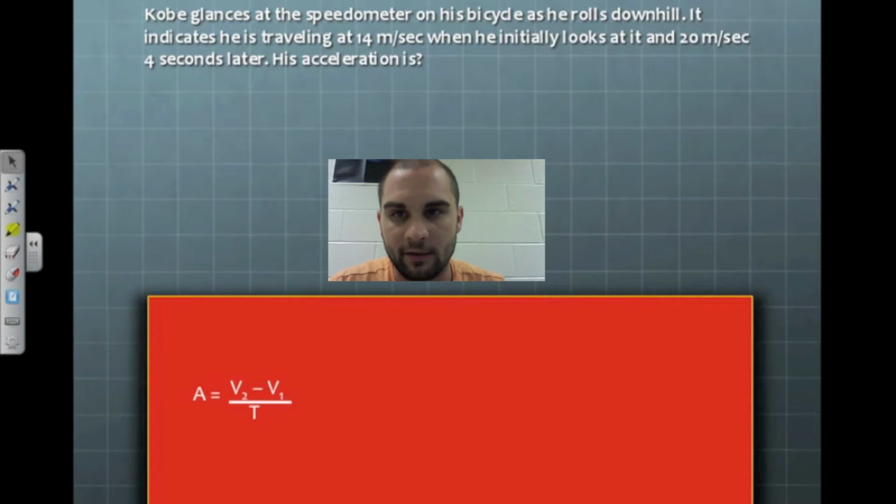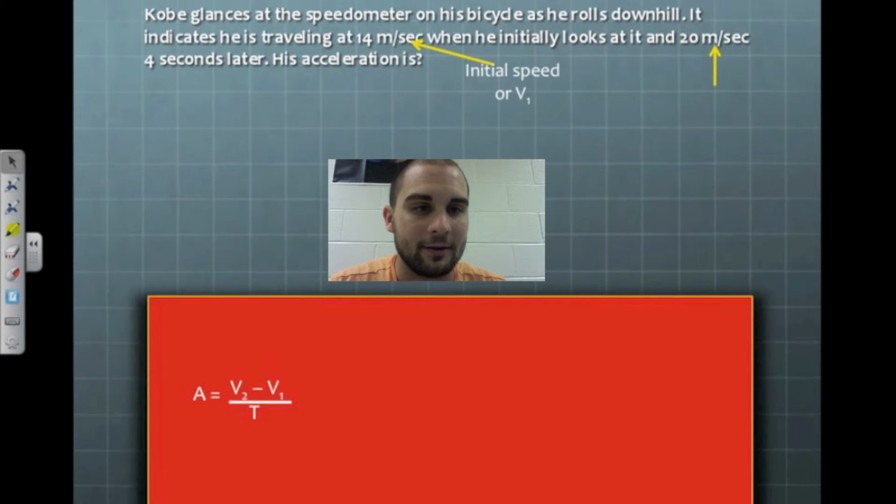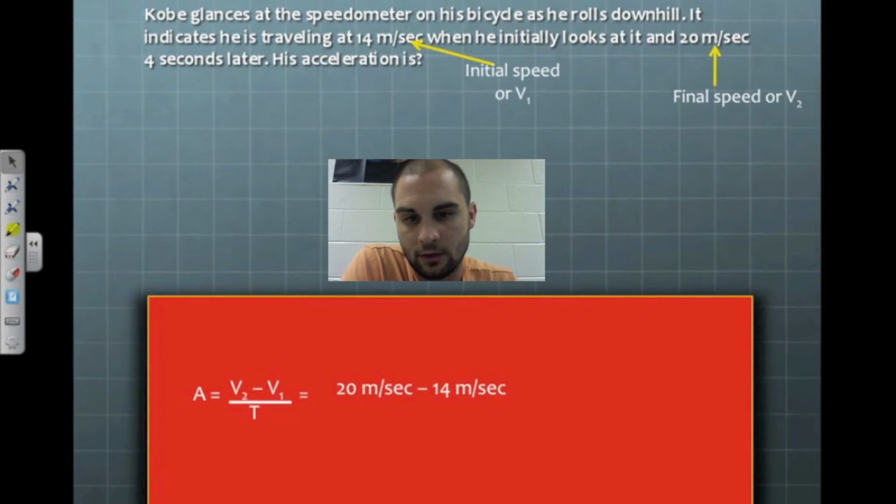So let's talk about our variables here. 14 meters per second is our initial speed, so that's V1. And 20 meters per second is our final speed, so that's V2. So we're going to plug those in. 20 meters per second minus 14 meters per second over